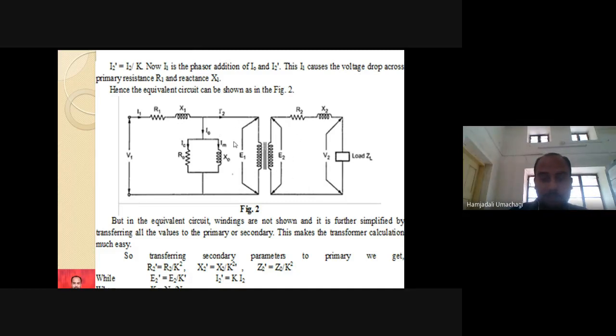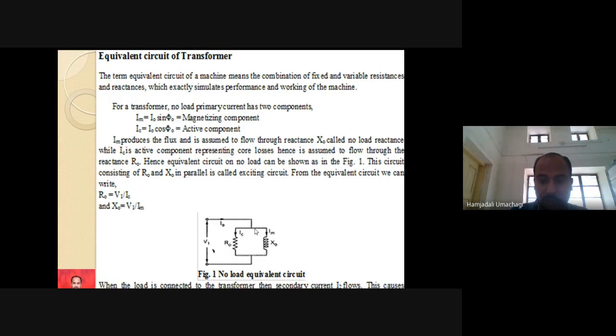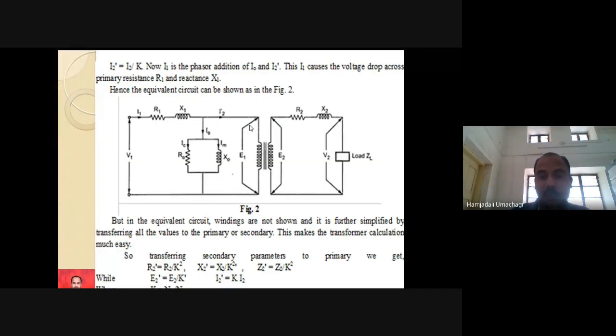What you need to do? In the previous slide, we showed only the magnetizing branch in the primary circuit of the transformer. Now you represent the whole set of components of the transformer. You represent this magnetizing branch on the primary side. The primary has its own resistance R1 and reactance X1, primary current I1, primary voltage V1, active current IC, no load resistance R0, magnetizing current IM, no load reactance X0, no load current I0, then the active load component current I2 dash. You first need to draw the circuit diagram and represent all of these by electrical notations.